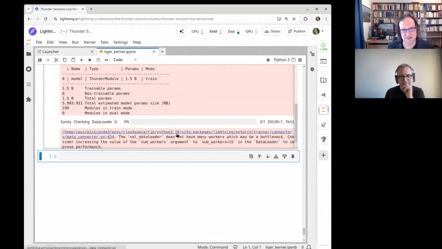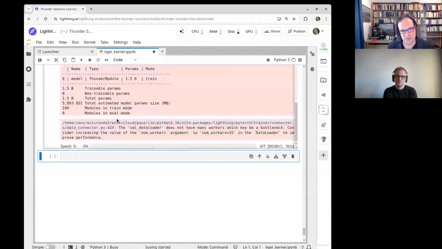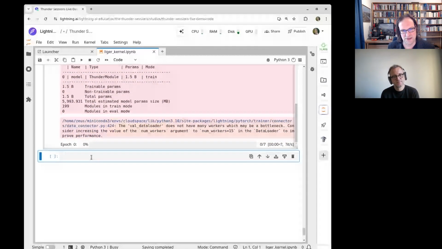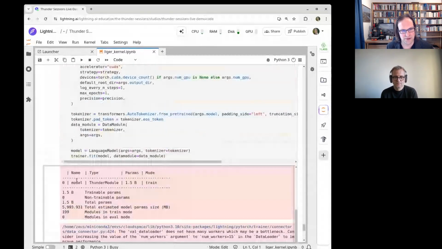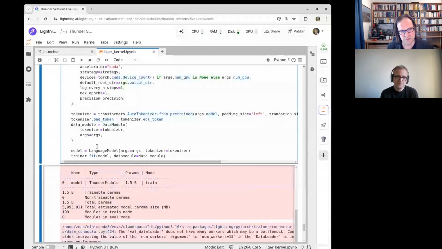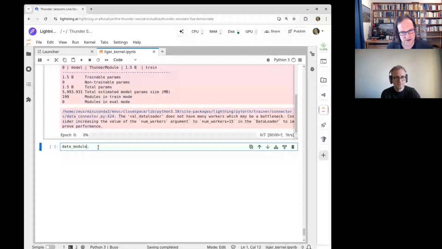Now it compiles this hopefully only once, and then we can see what's up. But while it's doing its thing, we might as well also be busy. Afterwards, we want to look at the performance of the model. In order to do this, we need to get a batch of inputs. So let's do this. We just grab this from the data module, so from the train data loader.